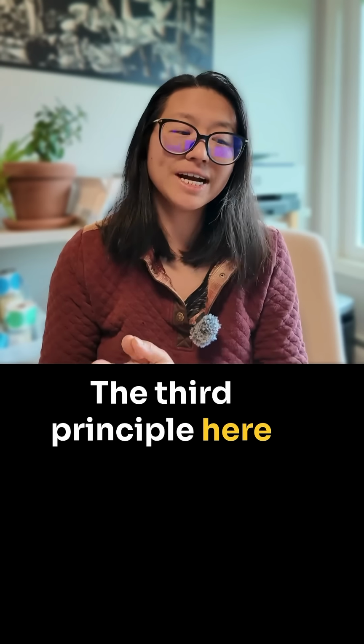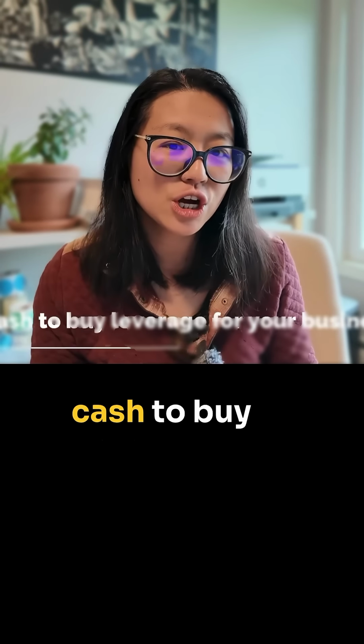The third principle here is that you want to deploy cash to buy